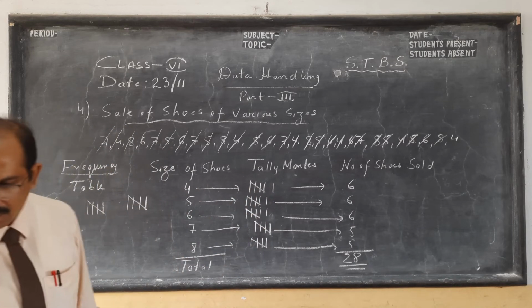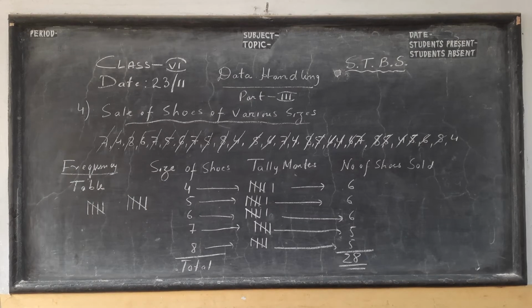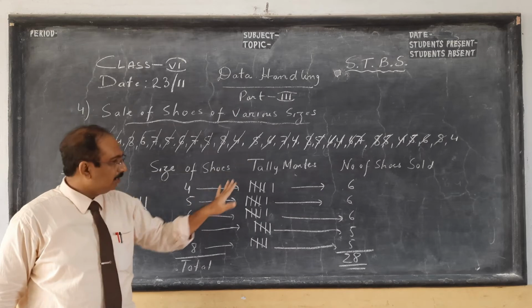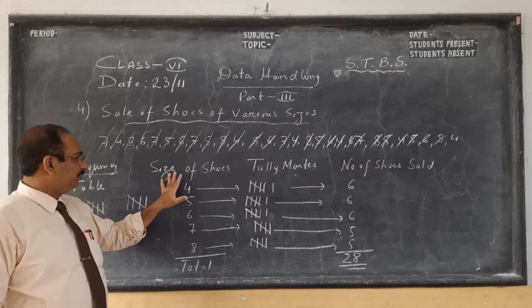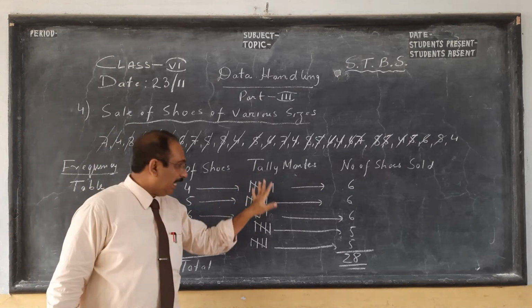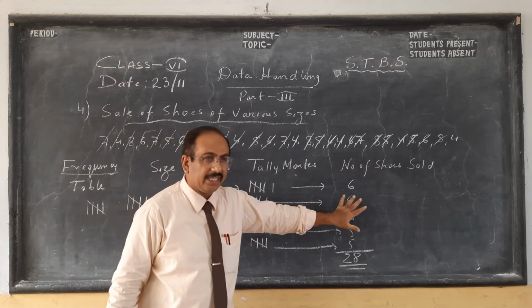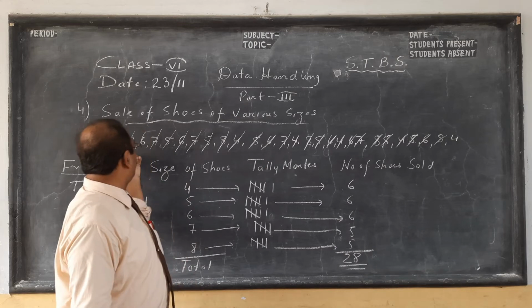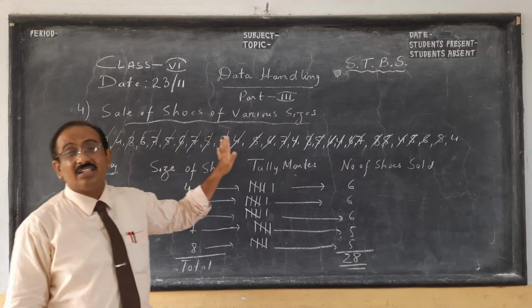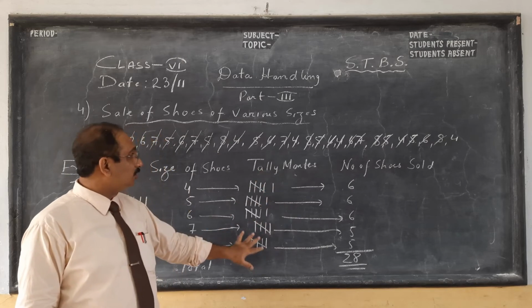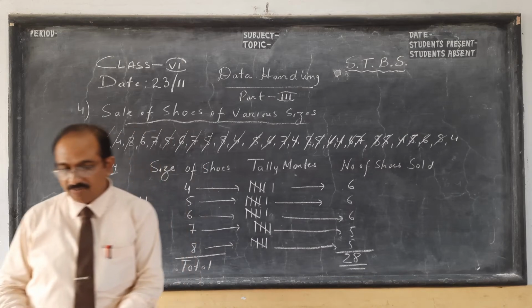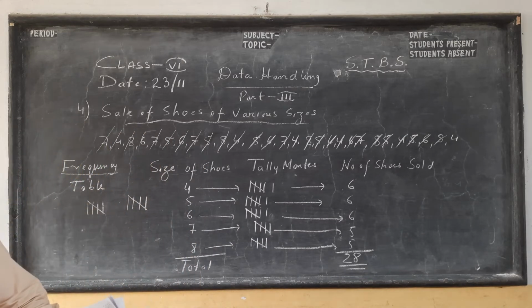Now let us see what the questions are over here. Once more, we have changed the raw data into a frequency table. We take the size of the shoes, tally mark is very important, then we write this. You cannot directly count. Suppose there is another way, count how many 4s are there, then there is a chance of making a mistake. So once you make tally marks as I have taught you, it's very easy to get. Now there are 1 or 2 questions based on this. Let us try to answer them.